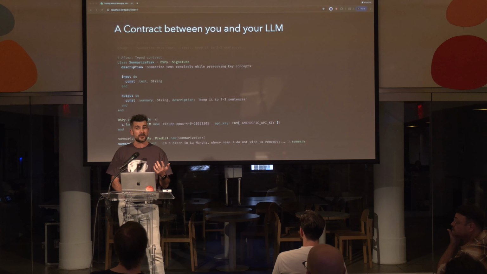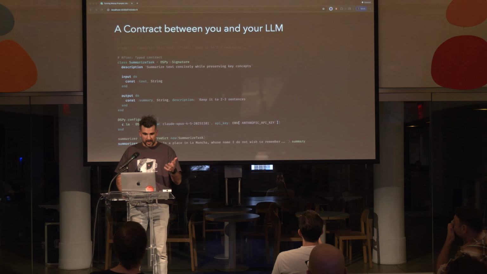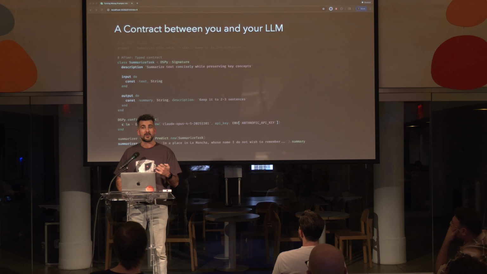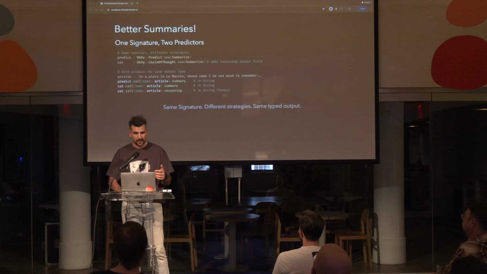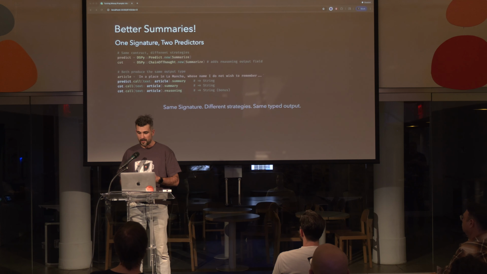So what happens if you wanted better summaries? Because this one is just giving us a straight summary, it doesn't do much. What happens if we wanted to get something better? We could change the prompting technique. Imagine that you learned that chain of thought is a better technique, still simple, that in theory, according to the papers and research, improves the results of what you're asking the LLM about.